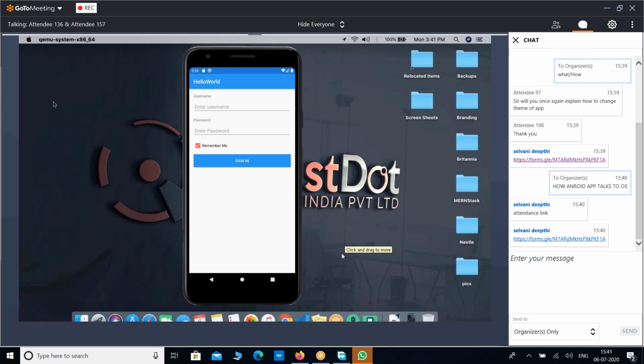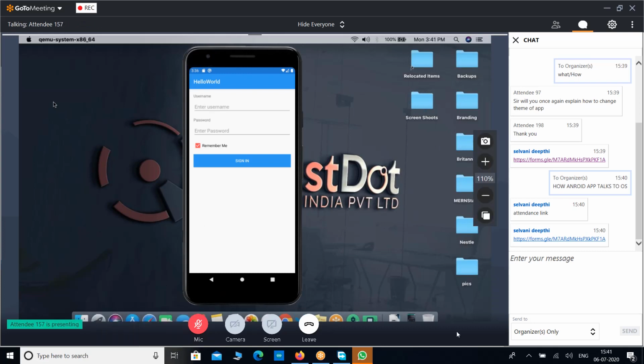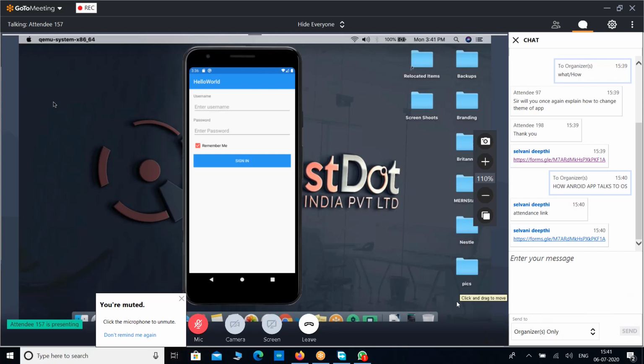For everything, there is a class available in Java, so make use of the class. Suppose you want to interact with Wi-Fi or Bluetooth, there is a class for the network. By using the network class, you can check whether you are connected to a network or to mobile data. Like this, you can get to know.